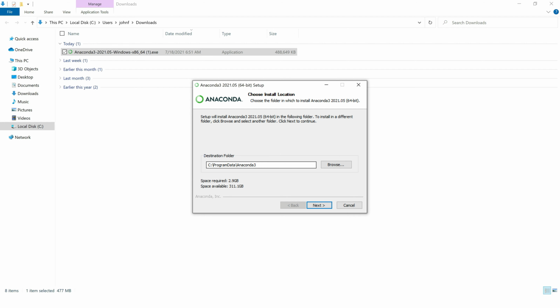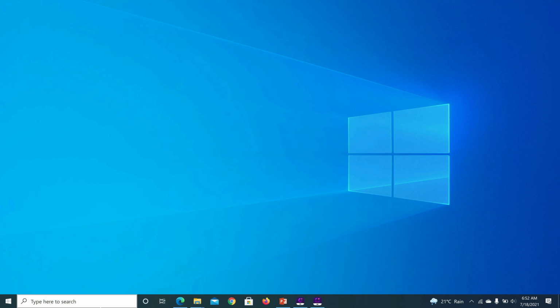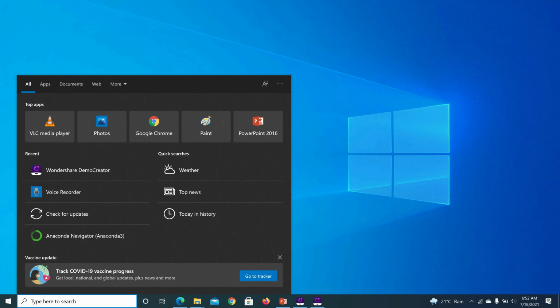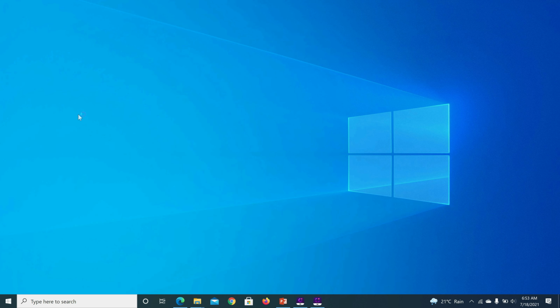Since I already have it installed, it is throwing me an error. For your case it will not throw an error. You can proceed with default options. Once installed it will be available. You just launch it.